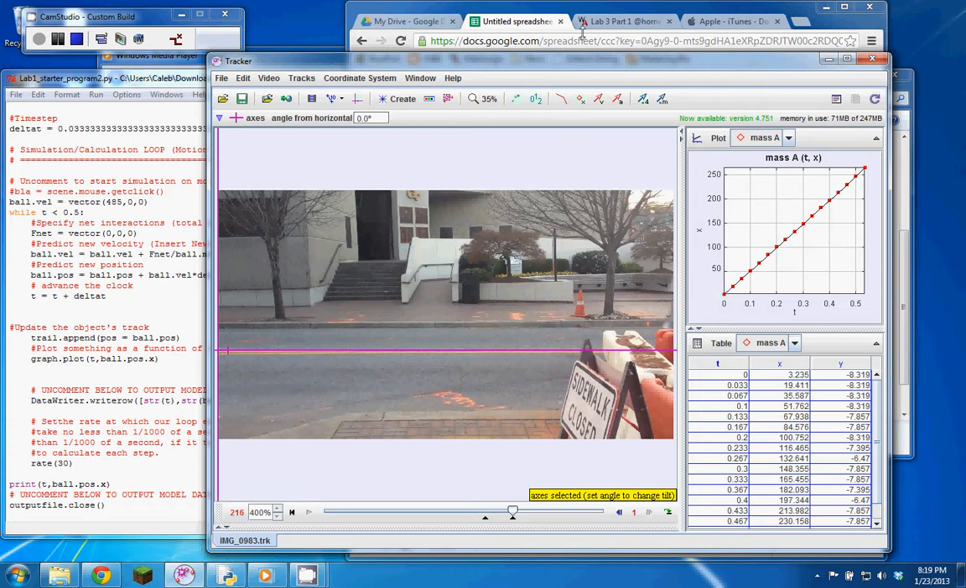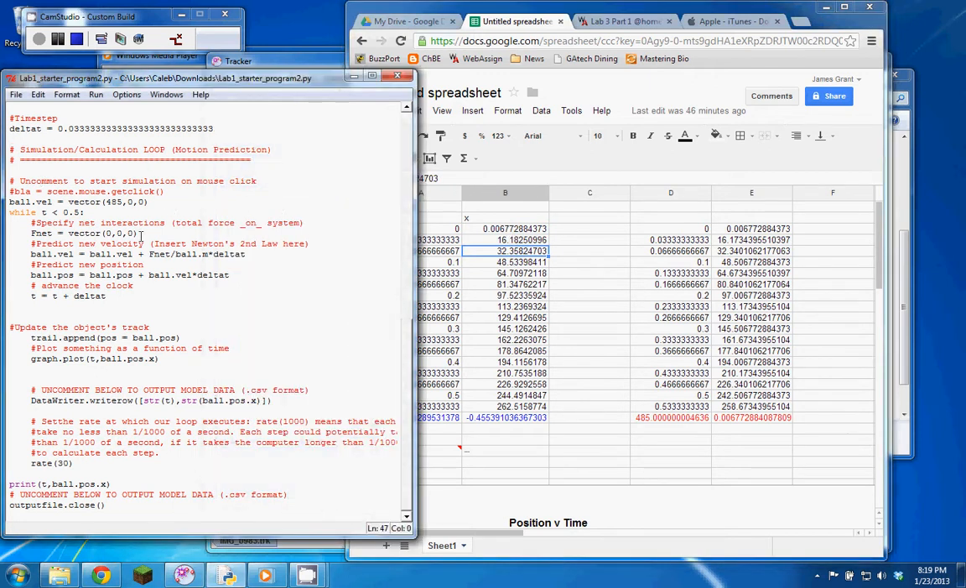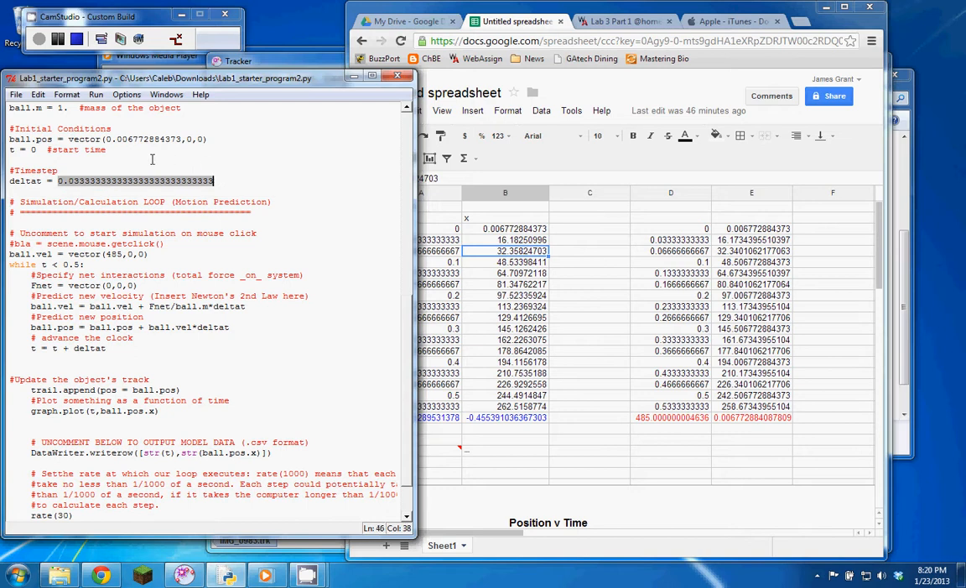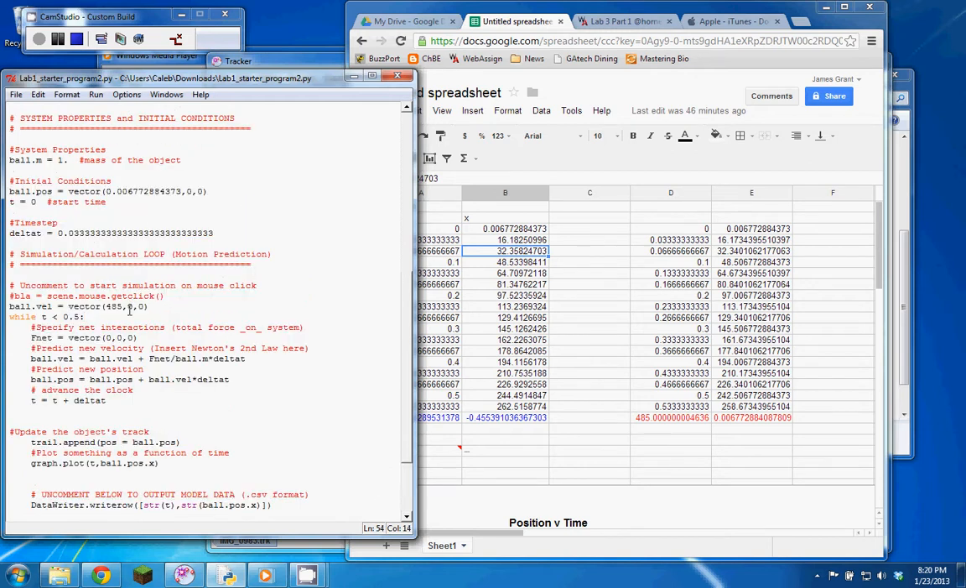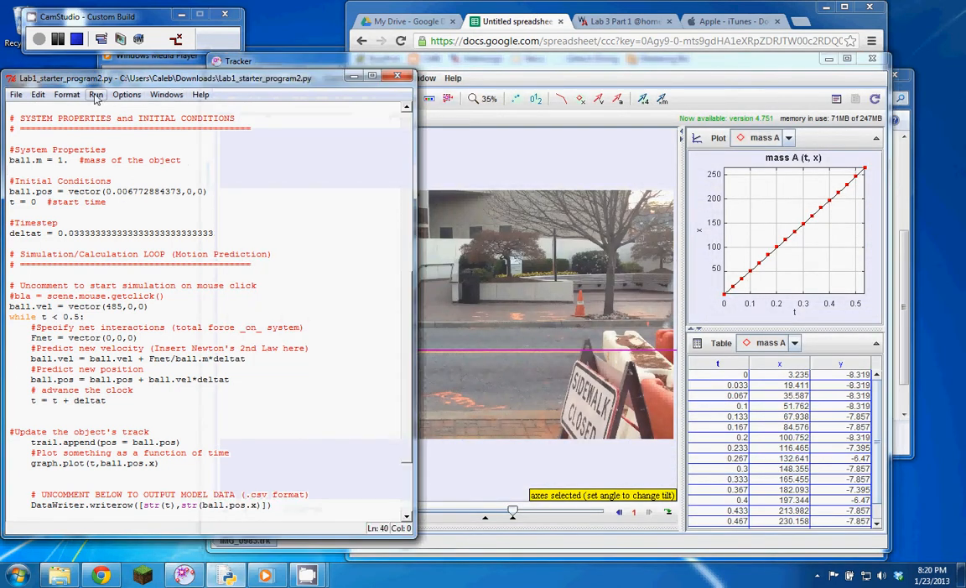So what I did was I went and took that data and put it in the spreadsheet, and then took the first 3 points here and calculated an instantaneous velocity from that, and went into my model and put that in as the initial velocity for the model point mass. Changed the delta t to more accurately simulate the tracker software, and changed the initial position and the time to more accurately simulate what was in the tracker. And then I ran that,